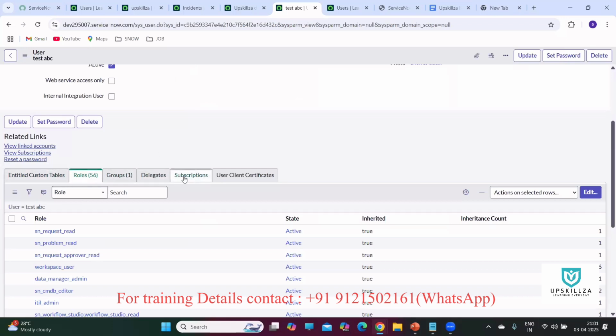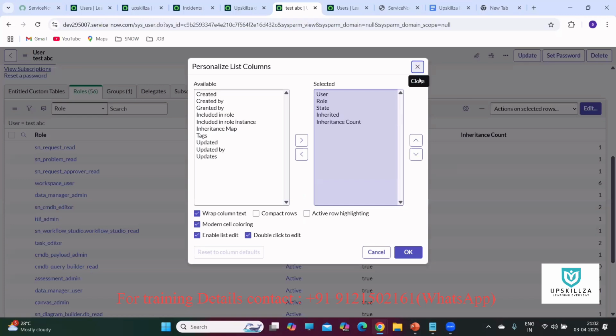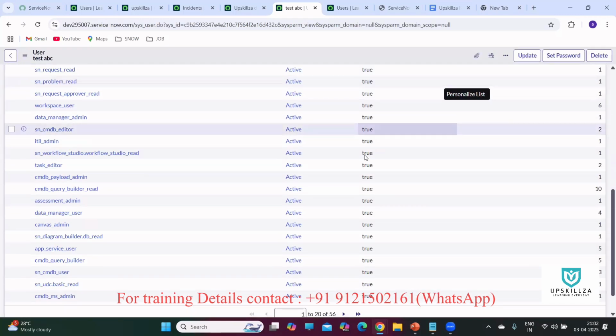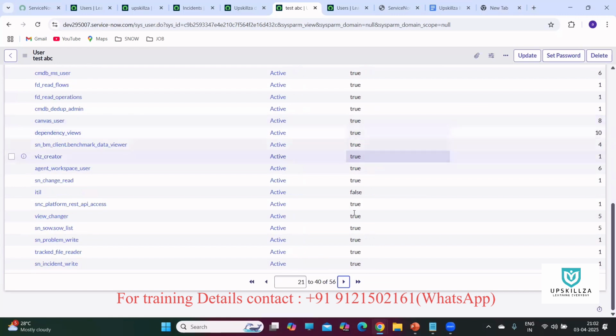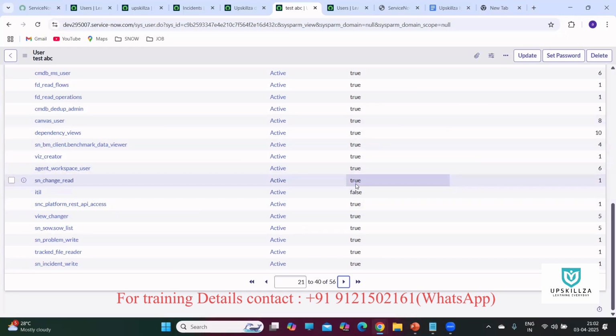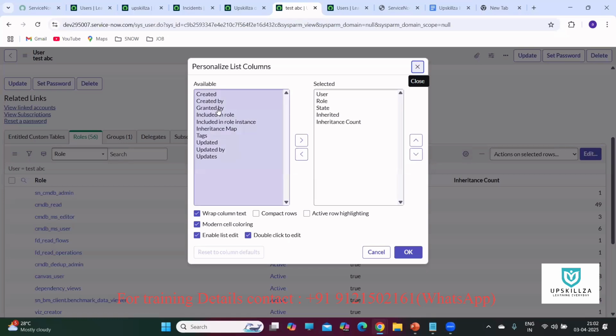So he is part of some other group. Those groups may have some other roles. Those roles are inherited to this user. I hope it's clear. But where can I see that role in the user? See, here we can see, look at here, roles 56. All these roles are inherited except ITIL. Inherited means from some other group. We want to see the group name. I will show you. Granted by